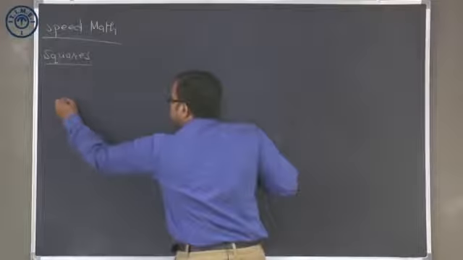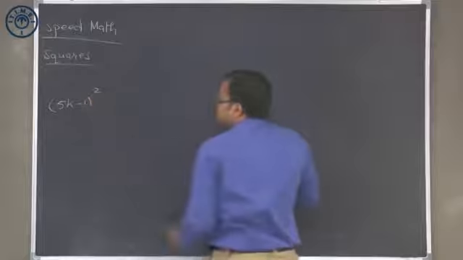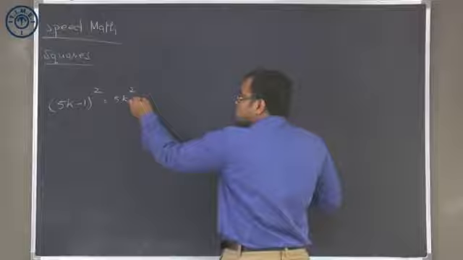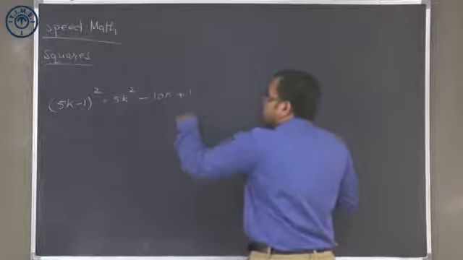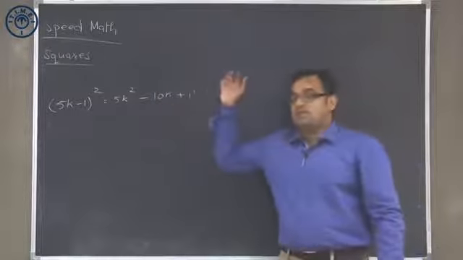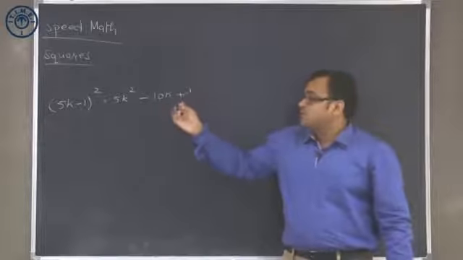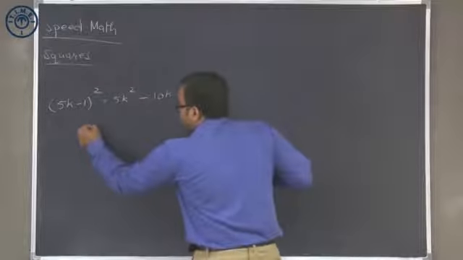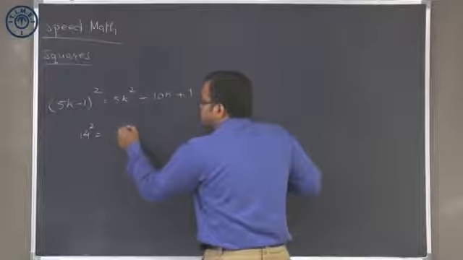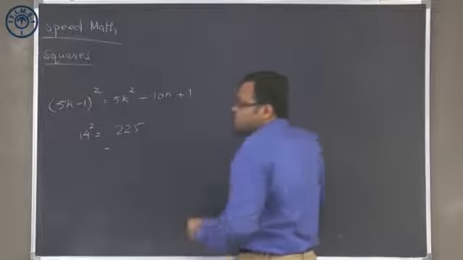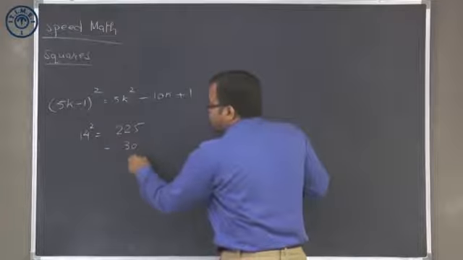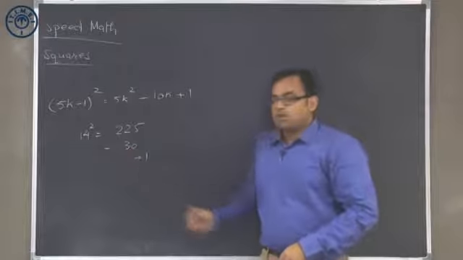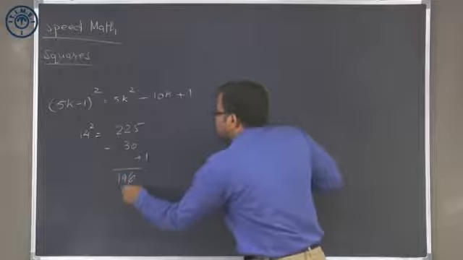For a number which is in the form 5k minus 1, if I simply write the square of this number, this will be equal to (5k) square minus 2ab, so minus 10k plus 1. So this effectively means last time we were adding 2 into the number, this time we will have to subtract 2 into the number. So for example, if I have to calculate 14 square, 14 square will be equal to 15 square, 225, minus 15 into 2, 30, followed by a plus 1. So 225 minus 30 is 195, 195 plus 1 is 196. So this will be equal to 196.